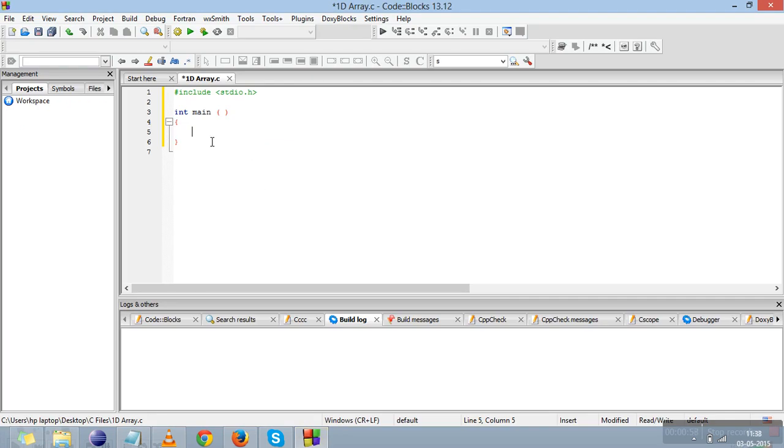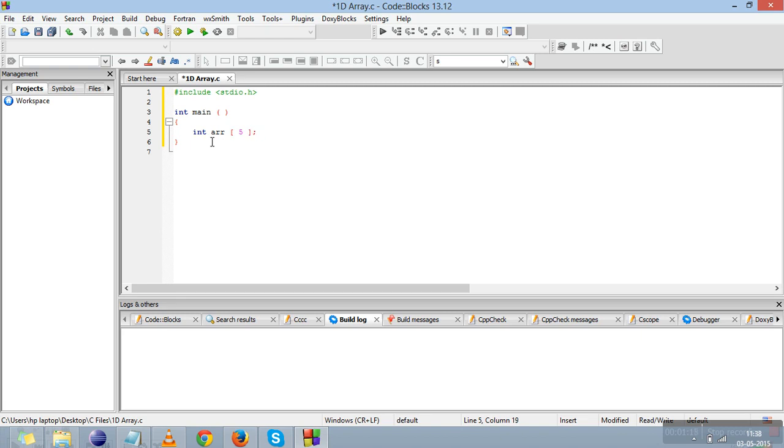You can get a better idea of it from there. I'll declare an integer array, so data type is int. I'm giving a name arr. This is an array name. I can give it any name, 1 2 3 or whatever. So I'm just giving it arr. This is the size. I want to declare 5 elements in this array.